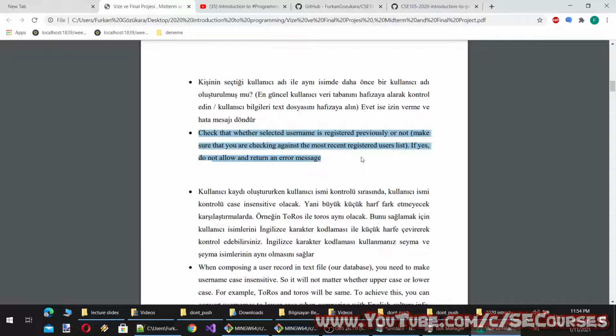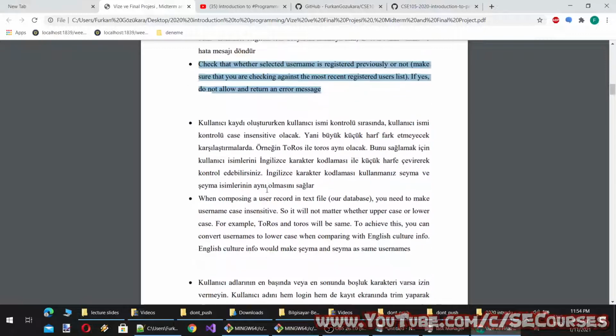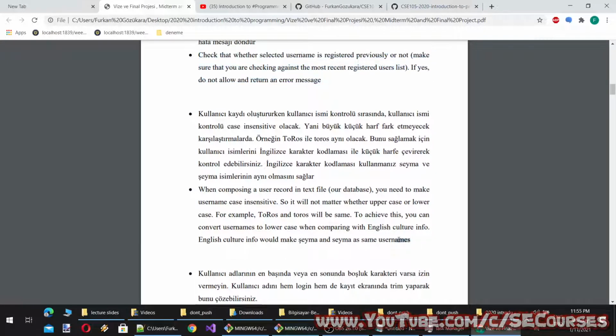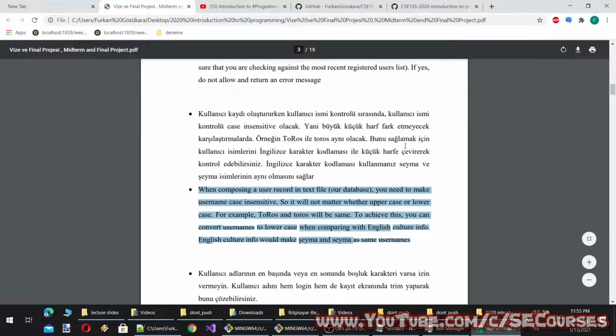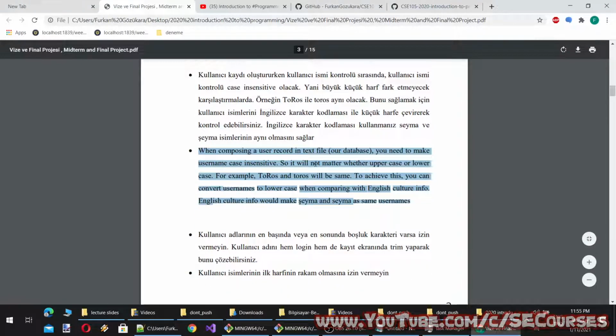Or when you are checking for passwords, you can do the same. You see, dictionary checks are super fast instead of scanning the entire list or the entire text file. So this is the logic behind it. Of course, loading every user into a dictionary may take a lot of memory. You also have to consider your memory every time.